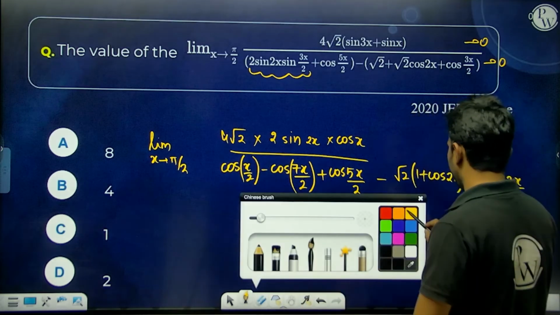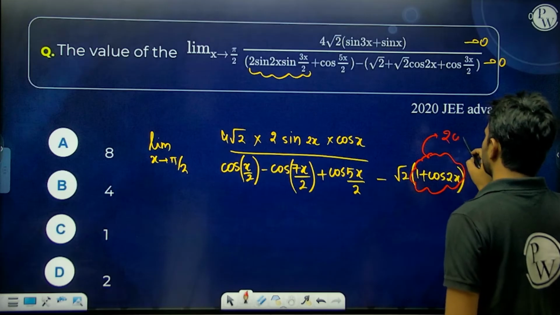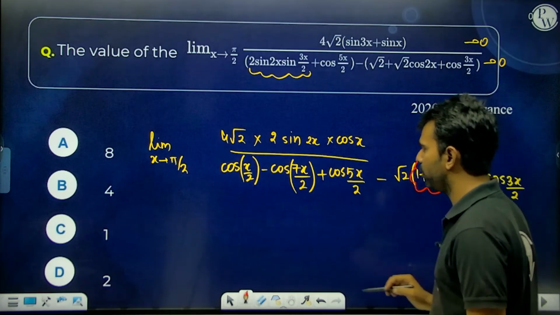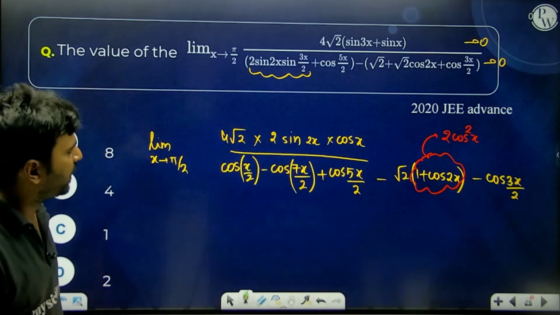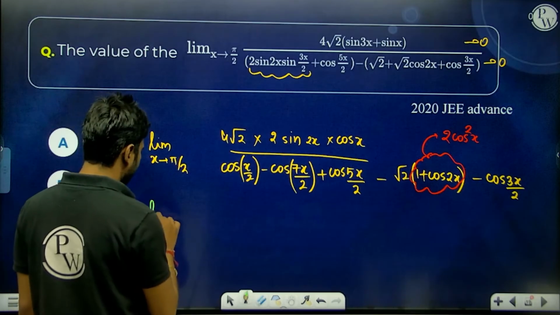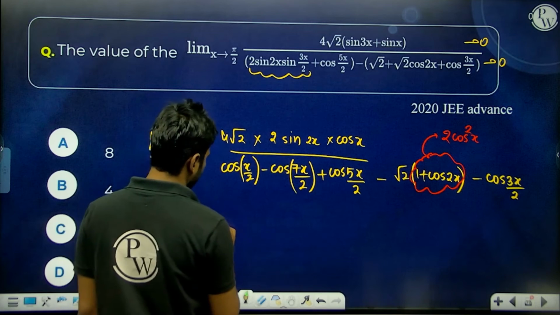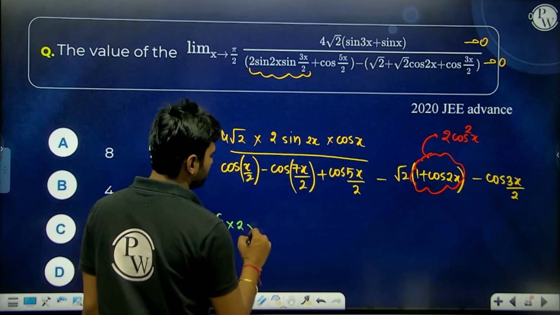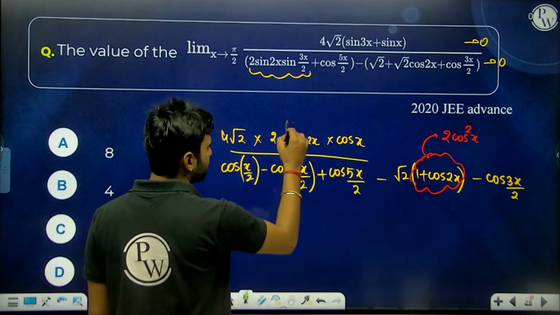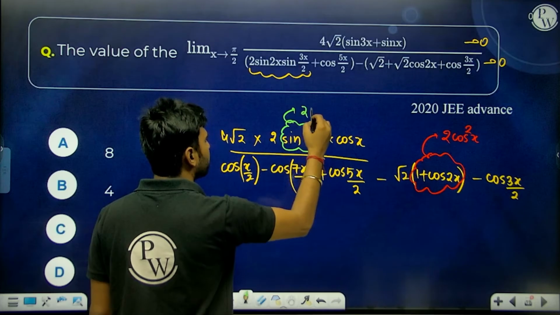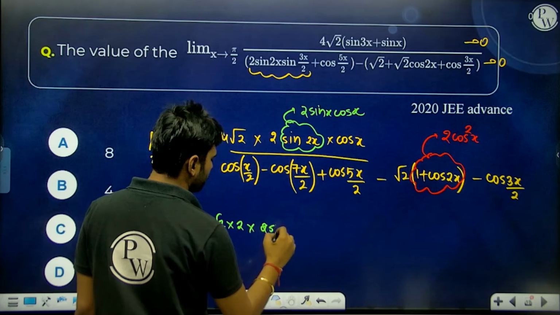Now this particular thing over here, the moment you see 1 plus cos, your mind should tell you that this can be written as 2 cos square x. I said fine, okay, let's move ahead. Anything which we can cancel in the numerator and denominator? So far I don't think anything we can cancel. So let me write down these things again. This particular thing can be written as 4 root 2 into 2 into sin 2x, or we can write this sin 2x also as 2 sin x cos x. I said fine, okay, 2 sin x cos x